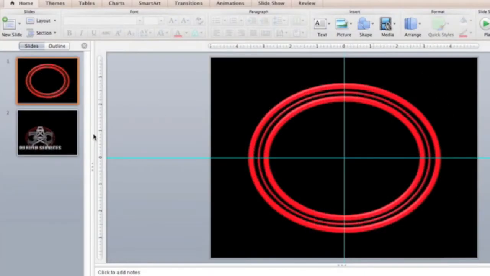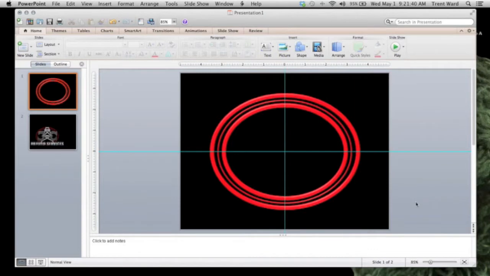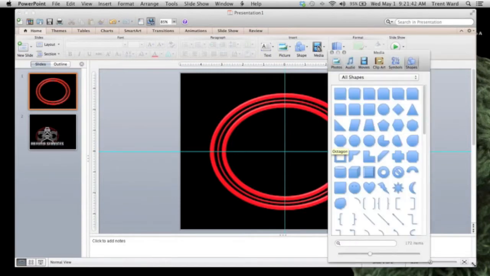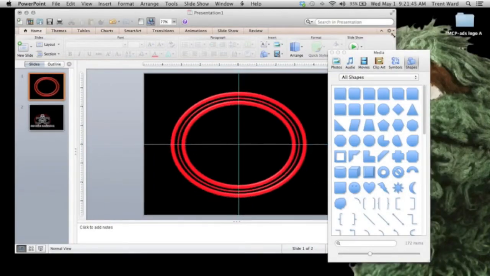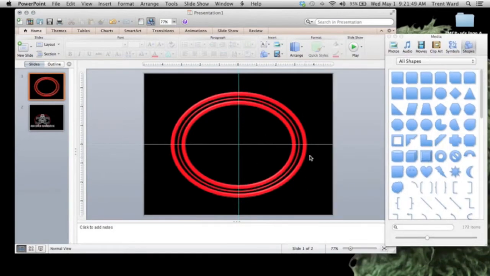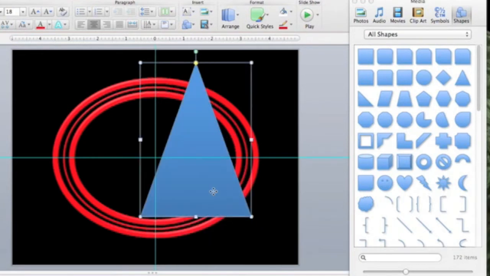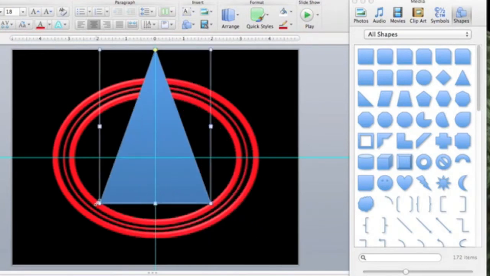So the next step was to create the oil derrick. So go back to shapes, actually pull up your shape browser, brings up that screen. I think it's easier to make that smaller, just pull it over to the side, you can see everything. So we're going to start with a triangle of all things. So just click and pull it up, drag it out, kind of start it at the top, let it go